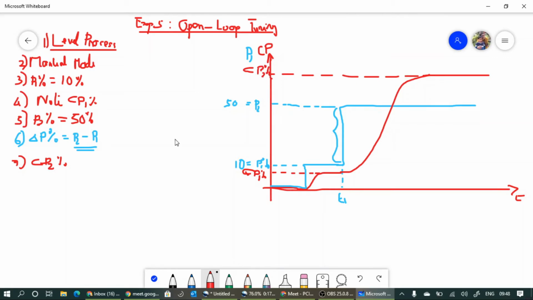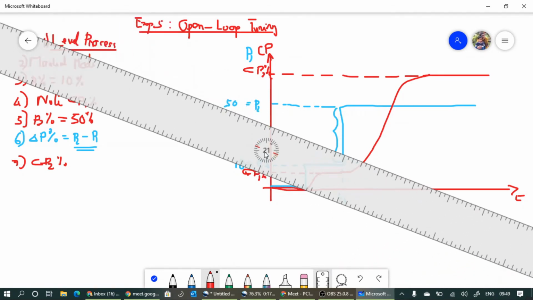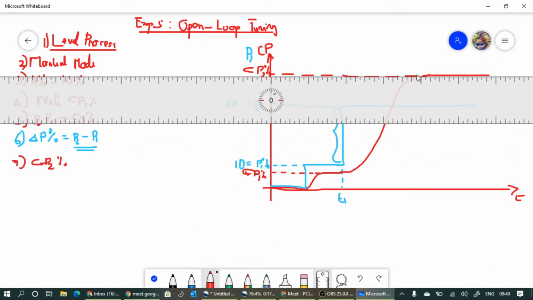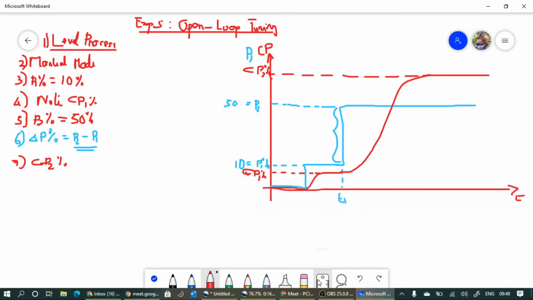So now what do we have? We have Cp1 and Cp2, which we have to note from the graph. First you have to draw the graph, or save the graph. From that graph you have to note Cp1 in percentage and Cp2 in percentage. For that purpose, take the scale, keep it parallel to this one, then draw a straight line to the y-axis. From that y-axis you can note Cp2, and similarly you can note Cp1. Am I correct? Okay, so this is what you have to do.